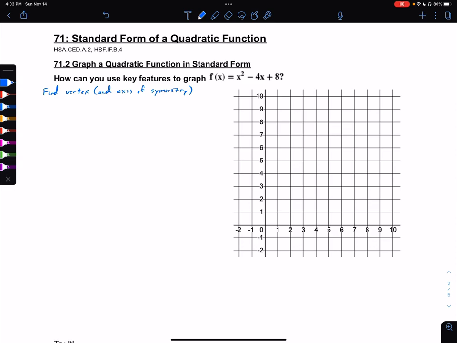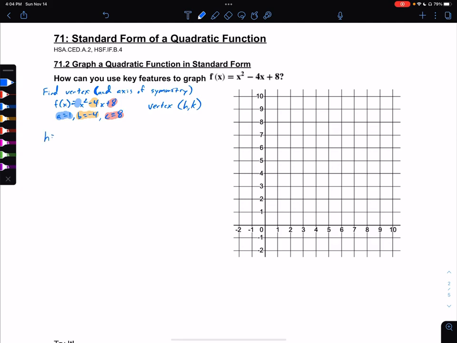in place. So we have the function f of x is equal to x squared minus 4x plus 8, which is in standard form. So a is equal to 1, b is equal to negative 4, and c is equal to 8 in this case. So we have a, b, and c. All right, and from the previous video, let's fix that parenthesis, we know that the vertex is (h, k),